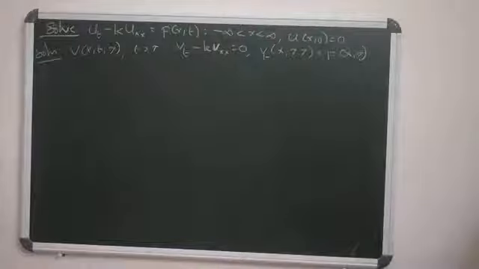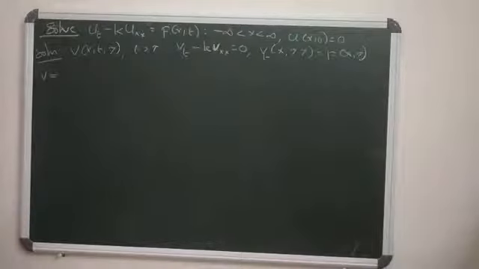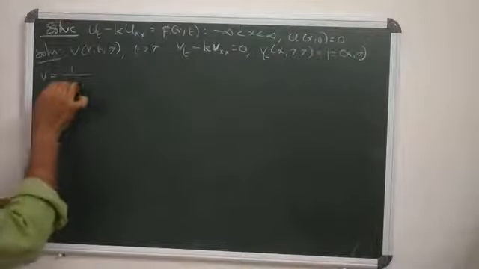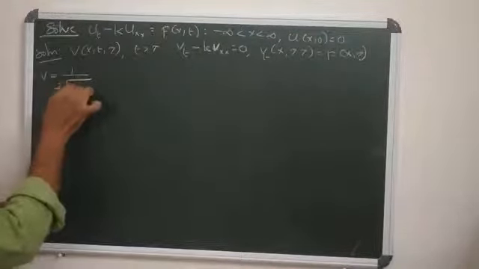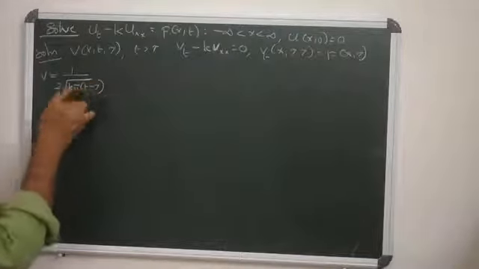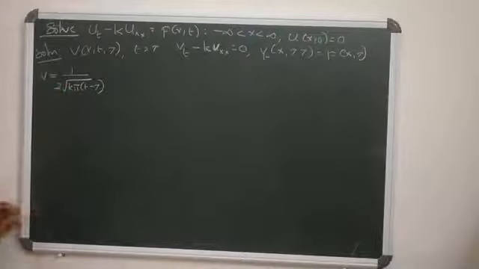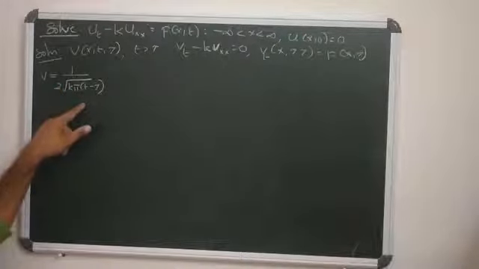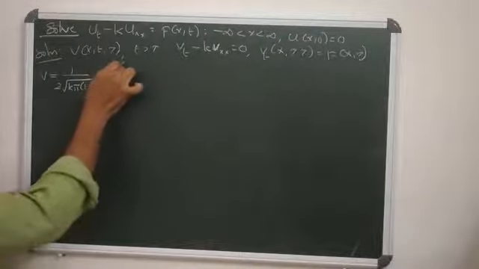Clear? Now, we have the solution of the heat equation of the infinite order case. We know that the solution of the heat equation in the infinite order case is v equals 1 by 2 into square root of k pi t, and here there is a third parameter lambda, so it is t minus lambda, into the integral from minus infinity to infinity